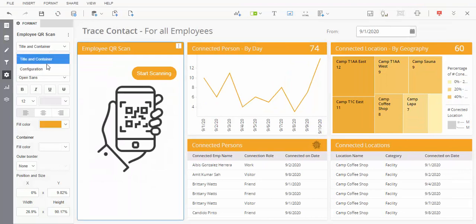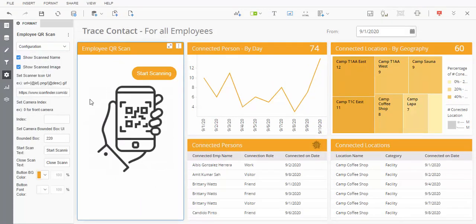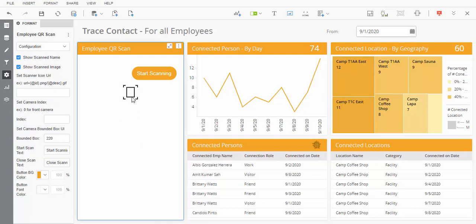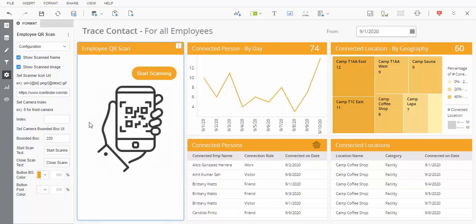If you see this particular plugin, this is the configuration menu option. Here, by default, are the scanning name and scanner image. After a successful scan, you saw the image showed up after the scan. You can disable or enable these, but by default these two are enabled. You can also change this particular icon over here. By default there is a different icon. Let me show you. By default this is the icon which I have placed, but you can change it according to your convenience.